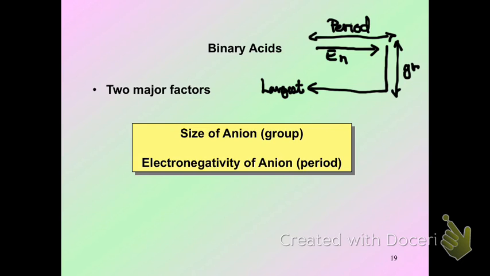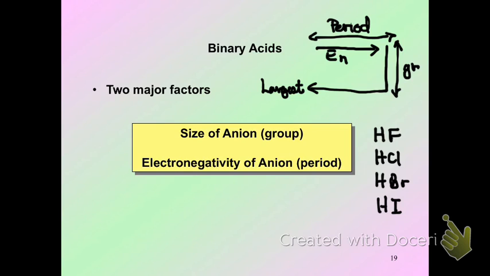What's a binary acid? Binary's two, right? Two kinds of atoms. So let's do HF, HCl, HBr, HI. And then the last one, astatine, there's so little of it, I never usually include it, but